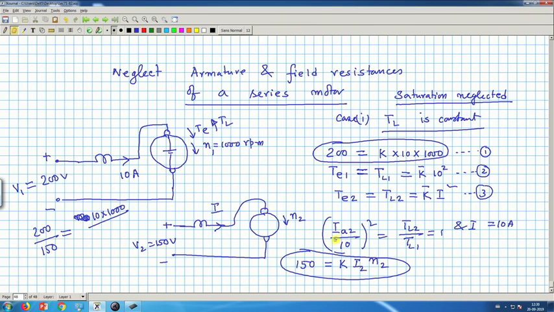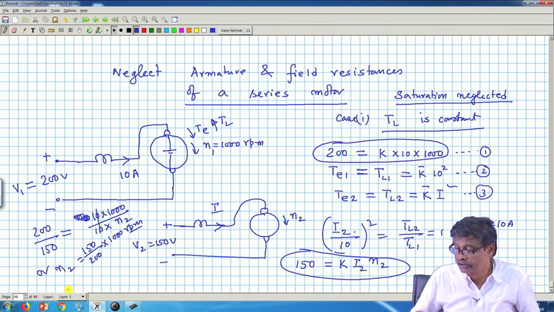I am making a mess of it. Let this be called I 2. So, I 2 is also 10 ampere. Therefore, 10 into N 2, or you can then calculate N 2 will be equal to 150 by 200 into 1000 rpm. So, speed will be reduced by the same factor as we have reduced the supply voltage. Okay, thank you. We will continue with this in the